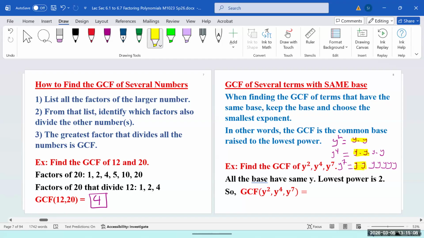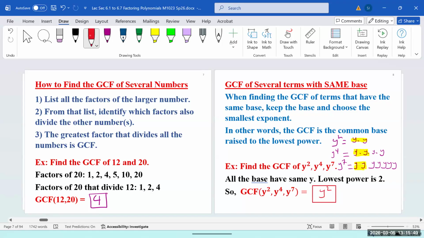So what is the greatest common factor between all 3, y to the 4, y squared, and y to the 7? 2 of them, y squared. So that's our answer here, y squared. So for variables, even though you're looking for greatest, actually we take the smallest power. Because the smallest power is visible in every other power. So variable, smallest power. For numbers, biggest factor that divides all the numbers.